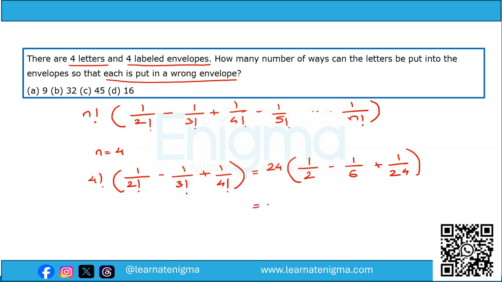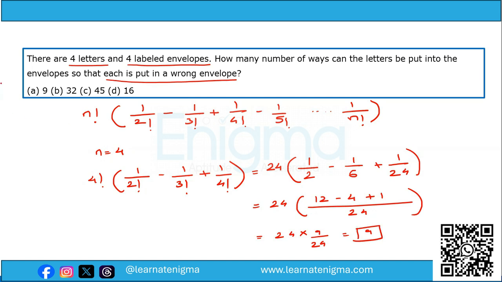Now solving this, we get 24 into bracket 12 minus 4 plus 1, that is 24 into 9 by 24. Therefore, the answer comes down as 9. So the answer will be option